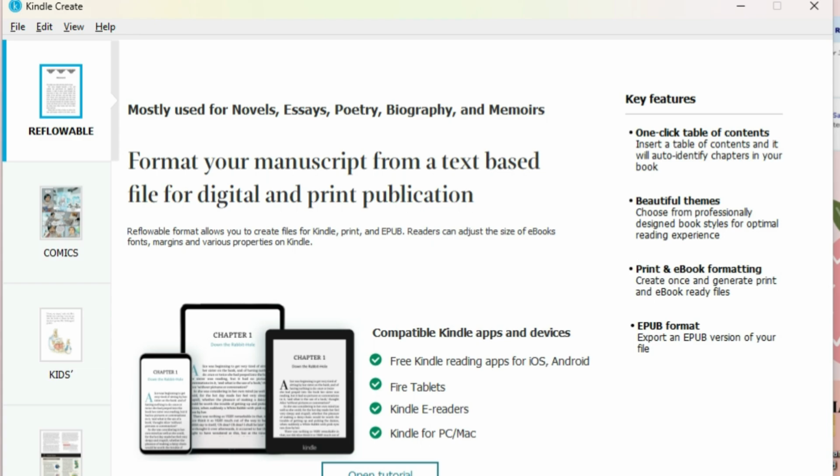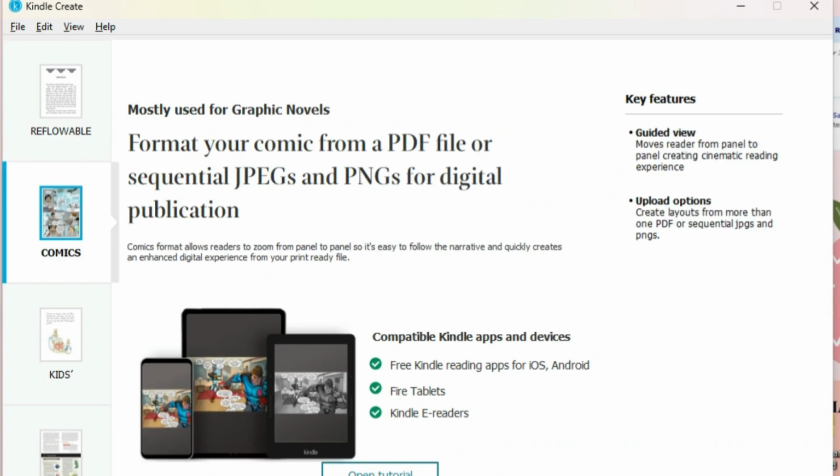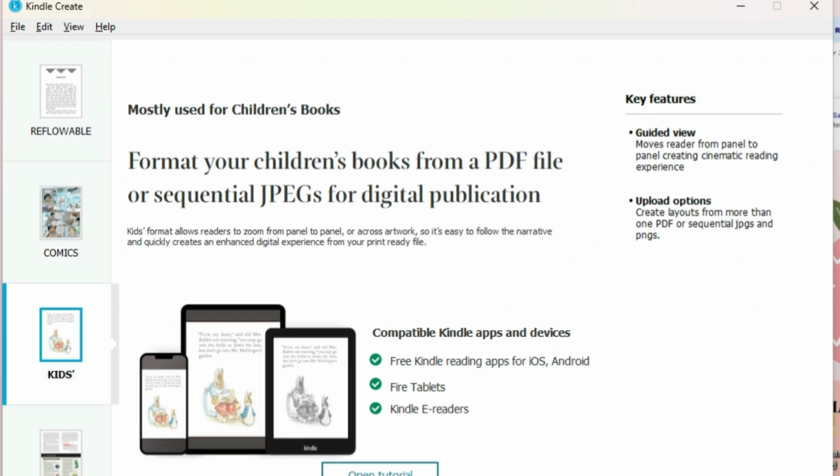As you can see under compatible devices, it is compatible for the most devices possible, which is really great. Now, if you have graphic novels or comics or something that has a lot of illustrations with kids' books, you're going to pick one of these other options. And as you can see, the compatible options narrow, and that is going to show up when somebody goes to purchase the ebook on Amazon Kindle. It will show like a red flag that it can only be purchased for certain devices. That is why I don't love using Kindle Create or a KPF file for comics or manga or for children's illustrated books, because it is going to limit who can access it.